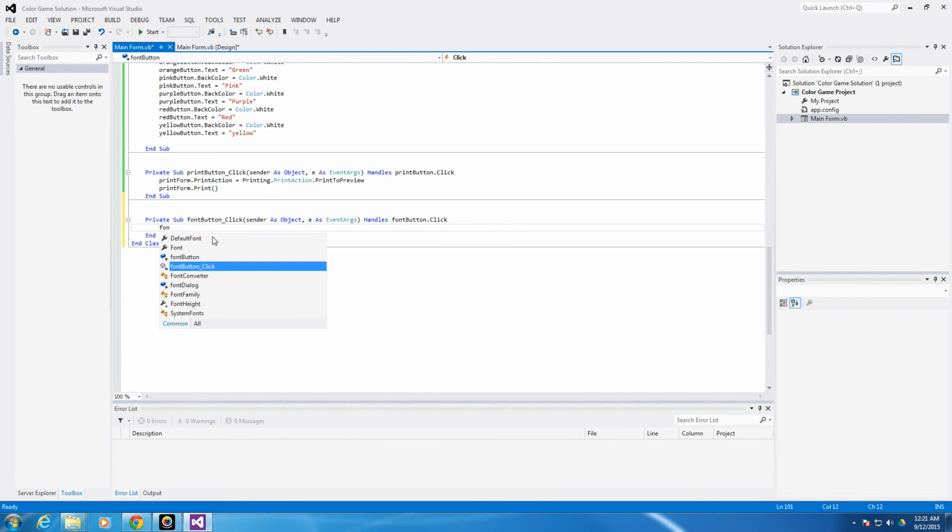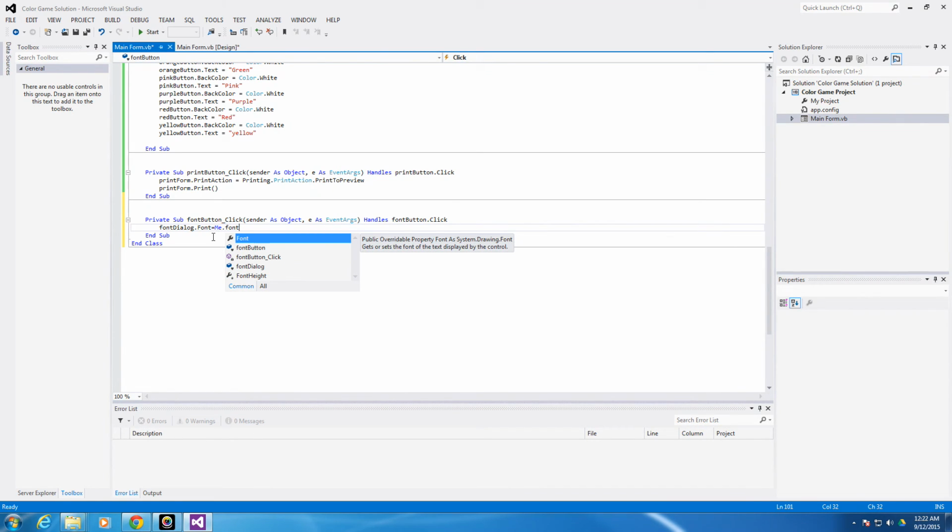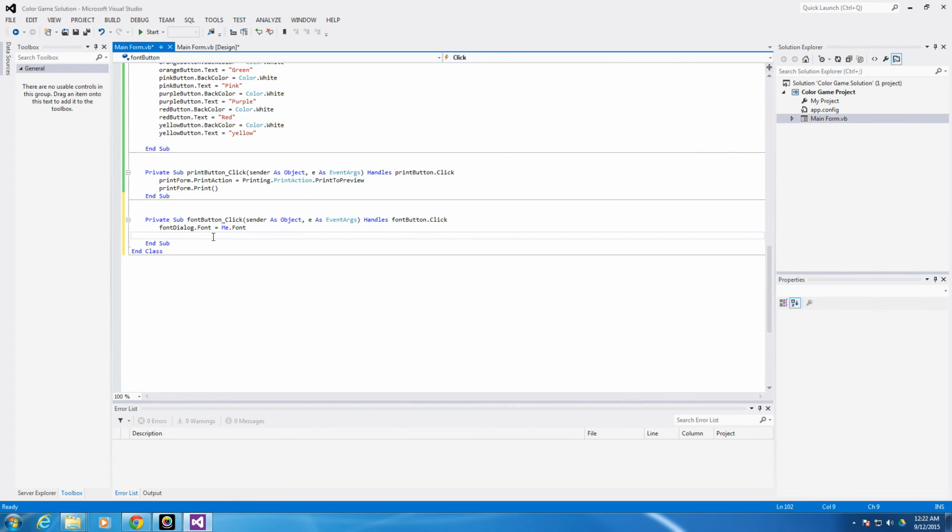Now I'm going to explain what's going on. So font dialog dot font equals me dot font. Here me is your form. So what's happening here is that font dialog dot font is assigning its font property to whatever is the font in the form, which is me dot font. So the font of the form is being stored in the font property of the font dialog. And now you ask to show the font dialog